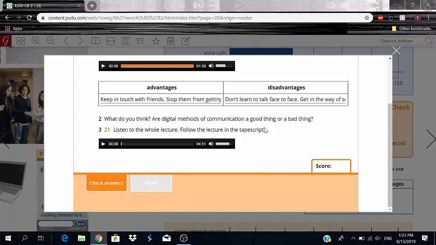Because obviously, older people, not all of them, but a lot of the older folks seem to have this deep hatred towards digital methods and technology getting better and better every single year. So personally, I think digital methods, especially ones of communication, are the best thing that's happened to this world. Like, period. Do you guys see the amount of job opportunities that have risen because of the digital methods of communication?